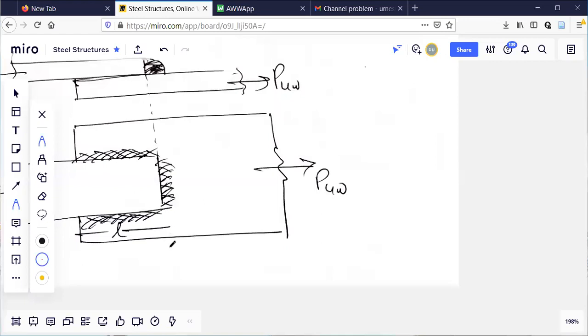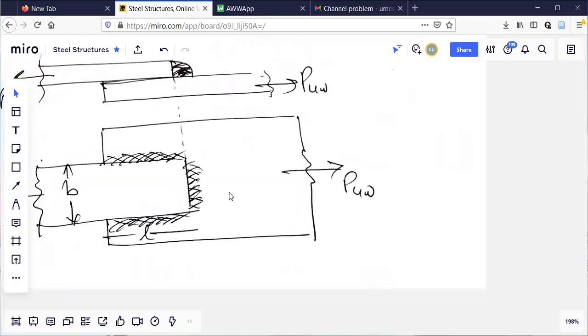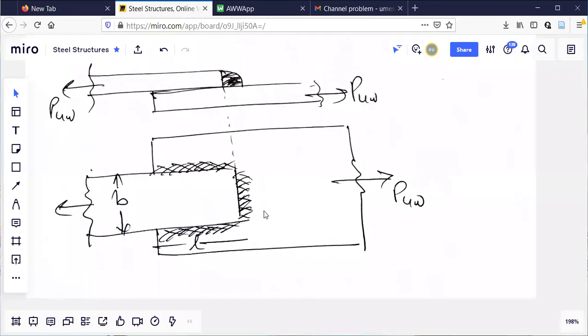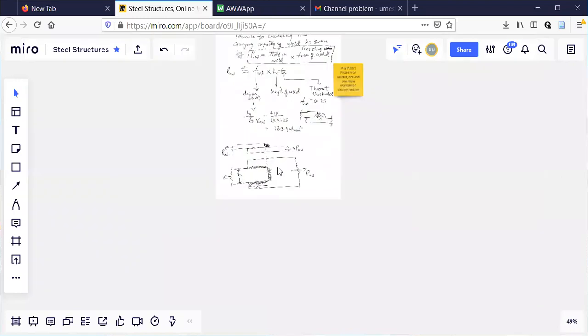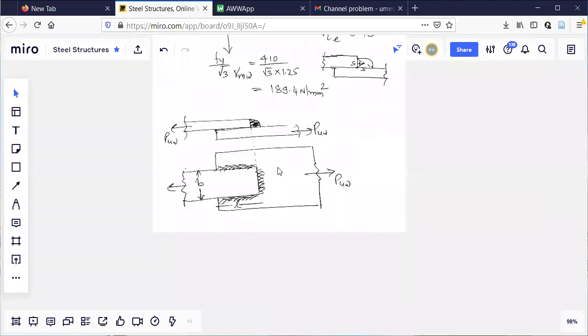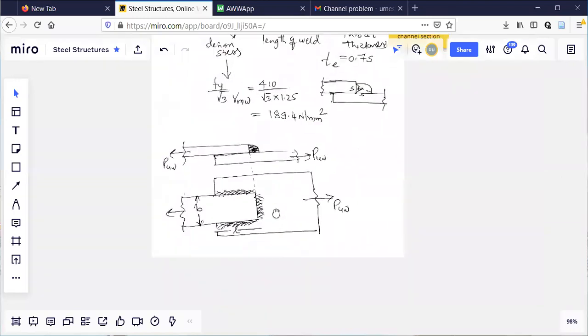So the length of the weld we can see here. I am showing how to calculate the length of the weld. Let us say L is 300 and this is 250. So 300 plus 250 plus 300, the total length is that much. So 2L plus B, L plus L plus B. In this way, you can calculate the length. If the size is given, 0.7 times S is TE. So it is easy to solve the problem here.